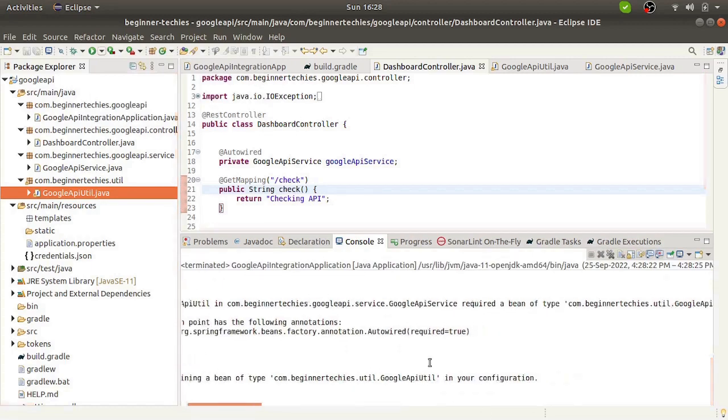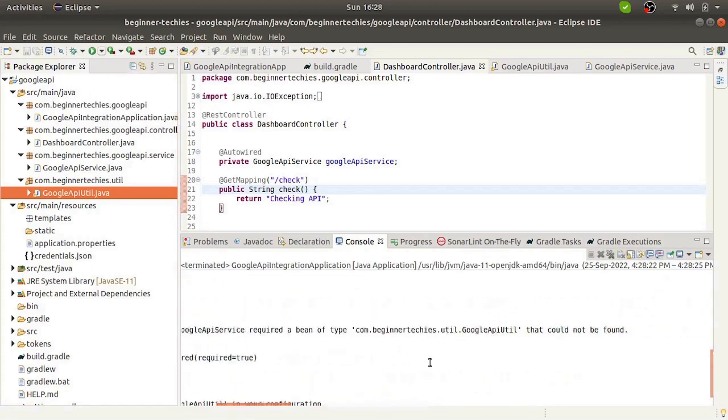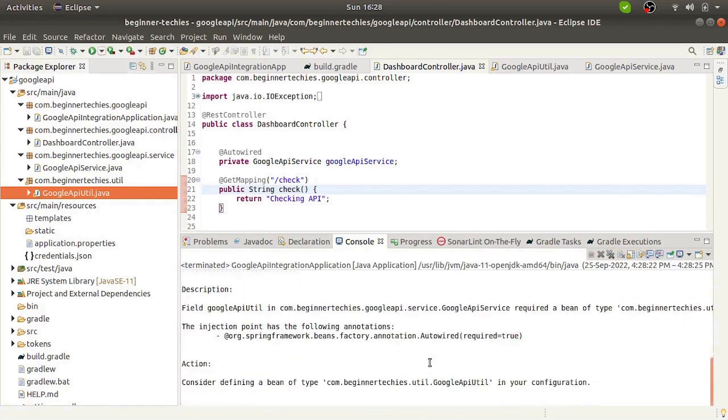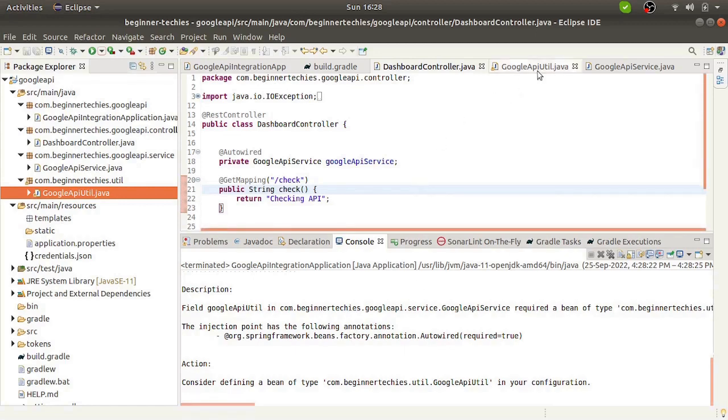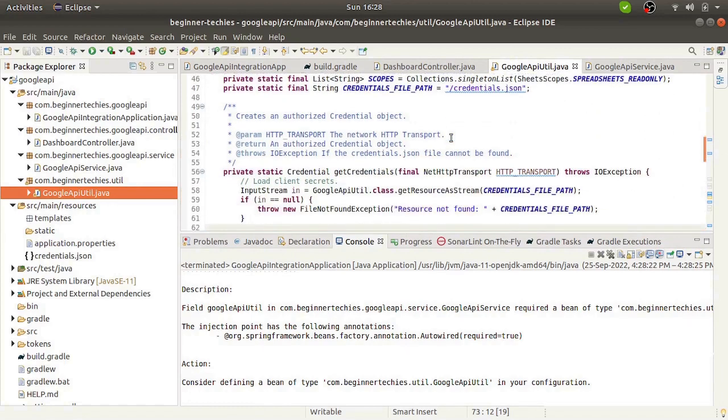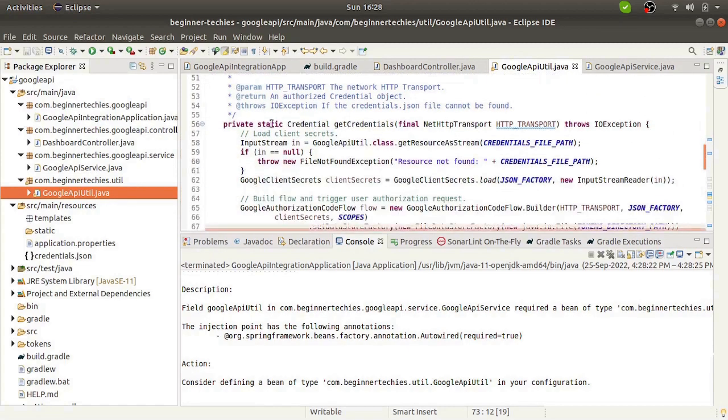What is the issue? Consider defining a bean of type com.beginnertechies.util.GoogleAPIUtil in your configuration. Okay, we made this as